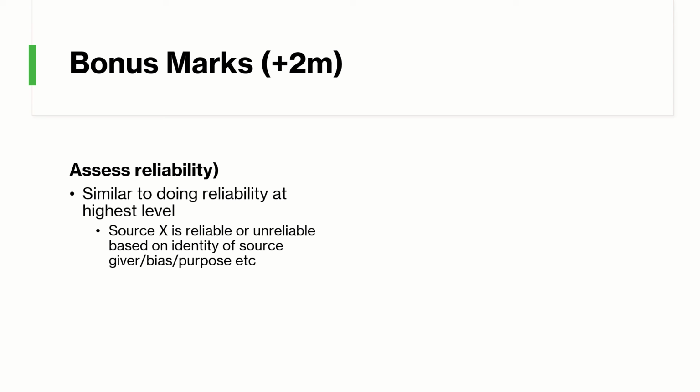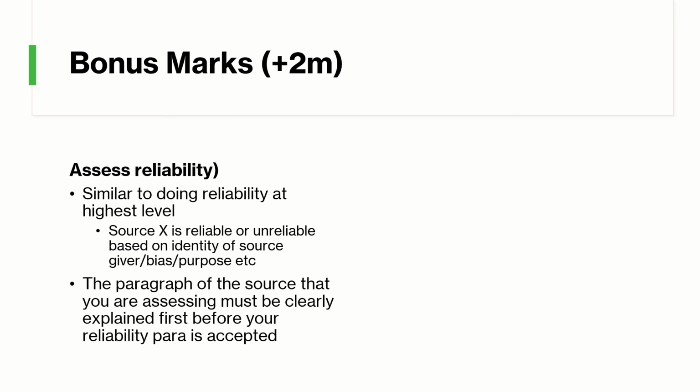I think we have said this over and over again, but just to emphasize, please try not to use cross-references. I haven't seen a student assessing reliability here using cross-references. I don't know how it's going to work. Try to use it based on provenance and explain. I think it's the simplest and most straightforward way. Okay, take note as well, for assessing reliability,